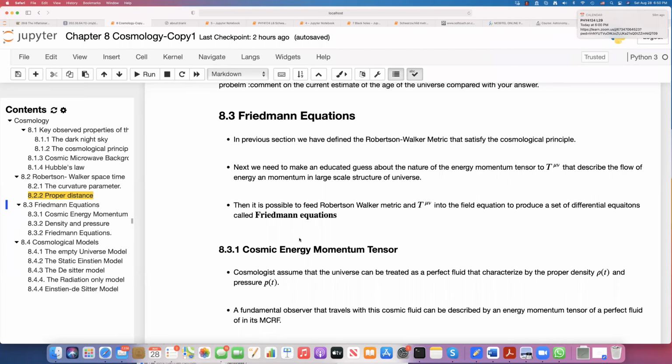Now, in here also, it is the same case. Once you have the metric defined, the procedure is straightforward. You need to find the connection coefficients and then the Riemann curvature tensor and the Ricci tensor, which will go into the left-hand side or one of the sides of the field equation, right? And on the other side, you need to find the energy momentum tensor, right? And before we move on to plugging these values into the field equation, let's look at the energy momentum tensor, because you need that part as well, right?